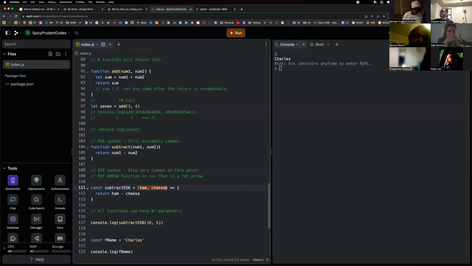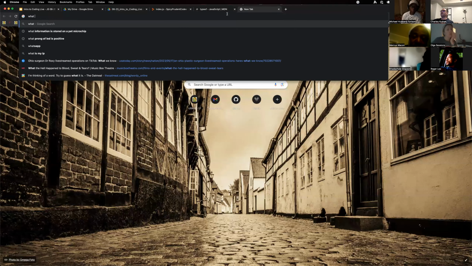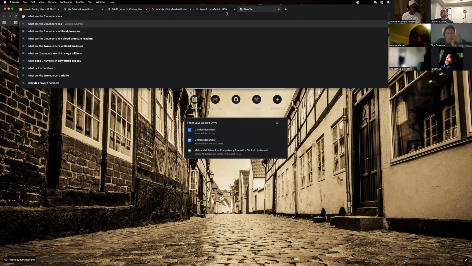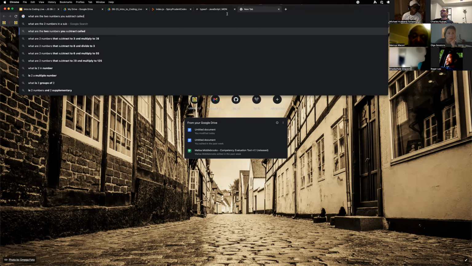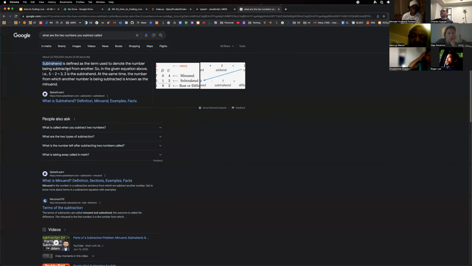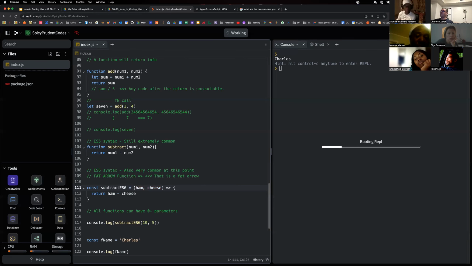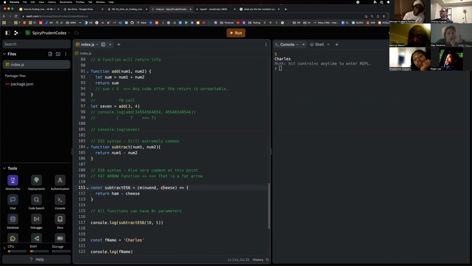And so like, what are the two numbers in subtraction? What are the two numbers you subtracted? So subtrahend is defined as a term used to denote the number being subtracted from the other, right? So in this given equation above, the subtrahend and the minuend. I would have never remembered that ever in my life, right? So I could, if I wanted to get more specific, right? I could name that